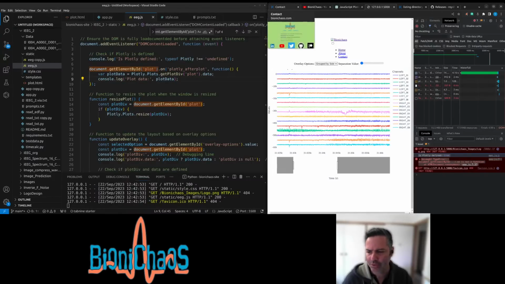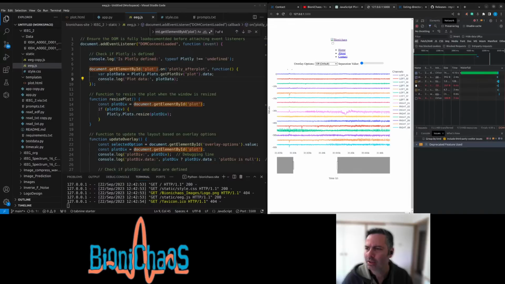I have to check the actual function. It should be in the network as well. Which one's that?